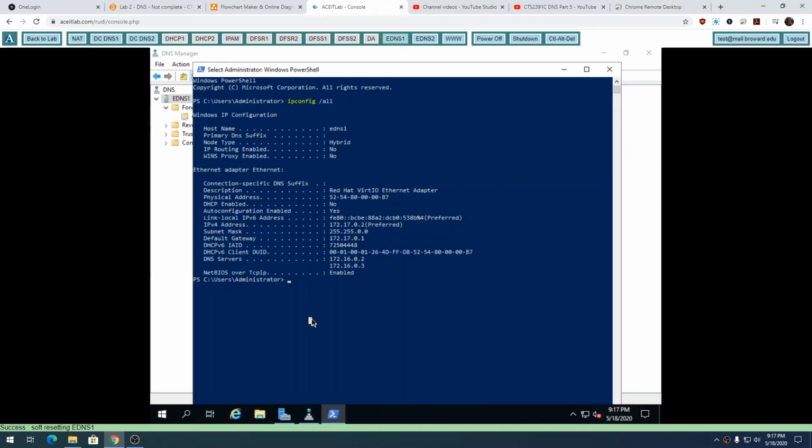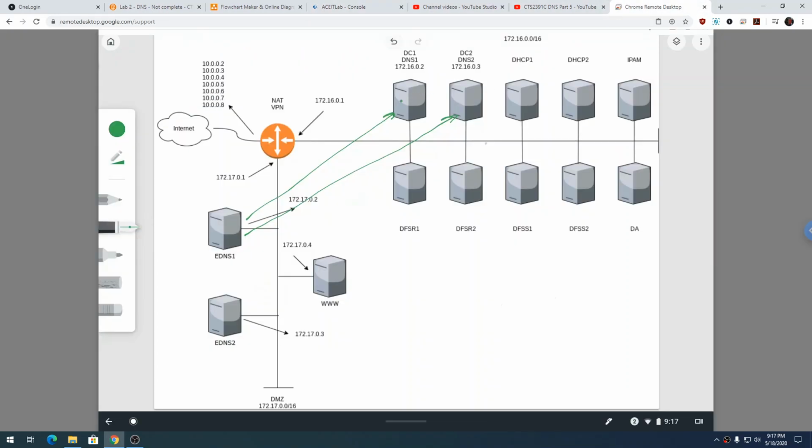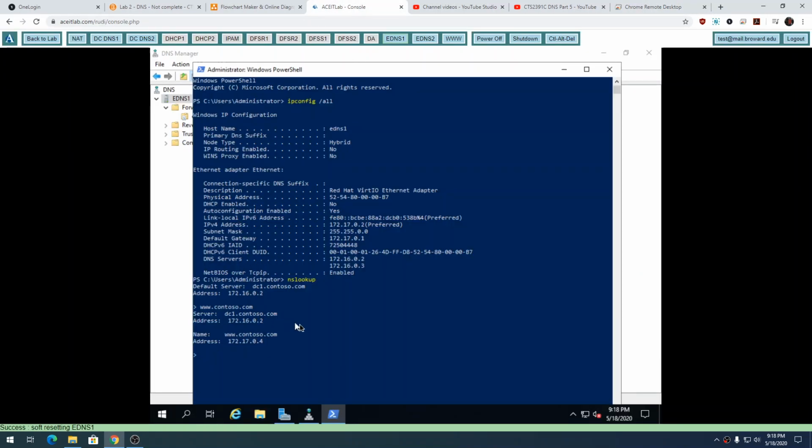So if I want to resolve www.contoso.com, these two servers are going to be able to give me an answer and give me a private IP. So if this machine wants to connect to the web server, it will know the private IP and will connect directly. We don't want this machine to connect to the servers on the same box. So if I had it connect to the DNS server on the same box, and I did